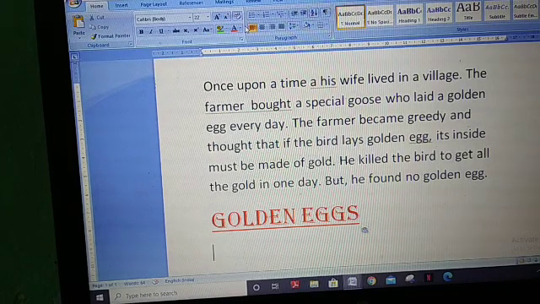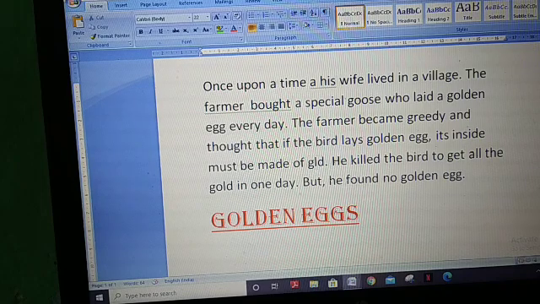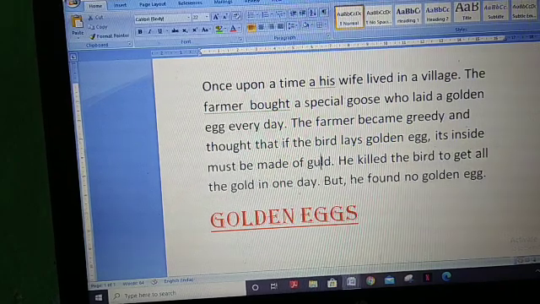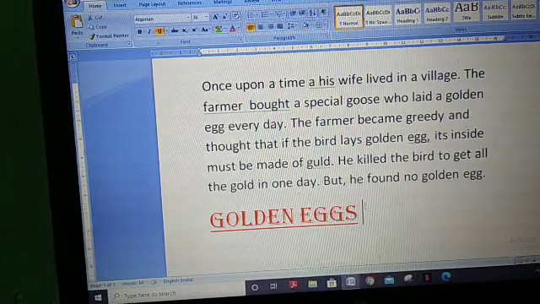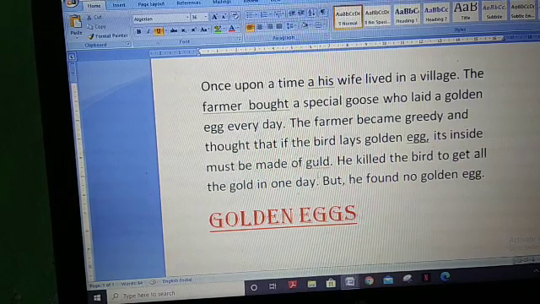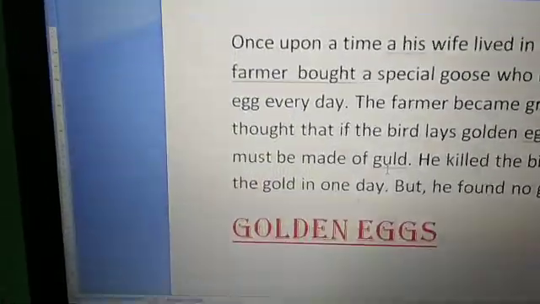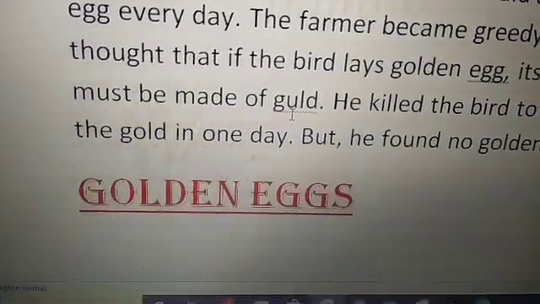Now the next topic is correcting spelling errors. Sometimes we make spelling mistakes. Suppose this one. Whichever spelling mistake is there in the document, it appears with a red wavy line.